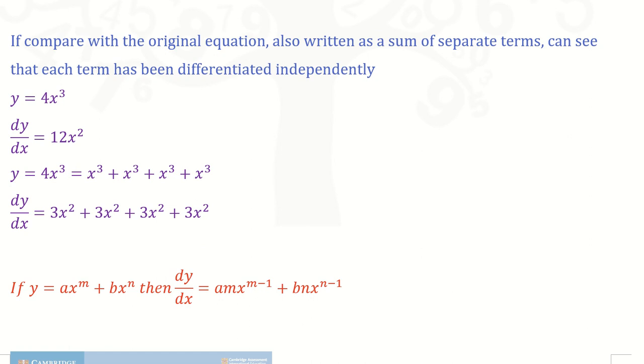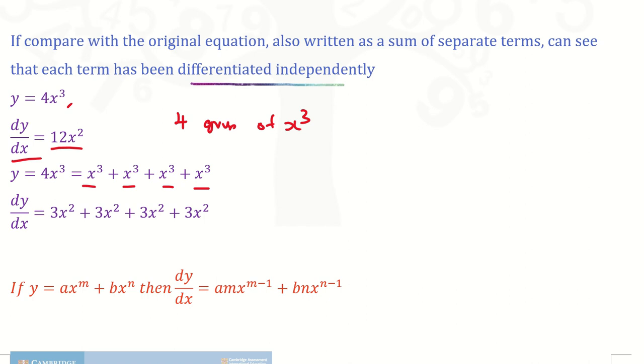现在我们来看这个 fact：if you compare with the original equation also written as the sum of separate terms, can see that each term has been differentiated independently. 比方说，我们先 differentiate y equals to 4x raised to the power of 3，就变成 12x squared，这个是它的 derived function，这个是它的 original equation。如果我把 original equation 拆开，that means 4 groups of x cubed，x cubed plus x cubed plus x cubed plus x cubed equals to 4x cubed。大家记得，repeated addition 可以写成 times。